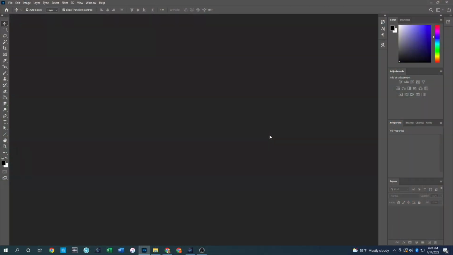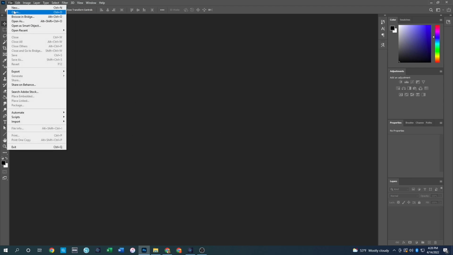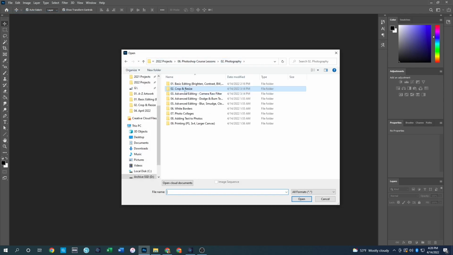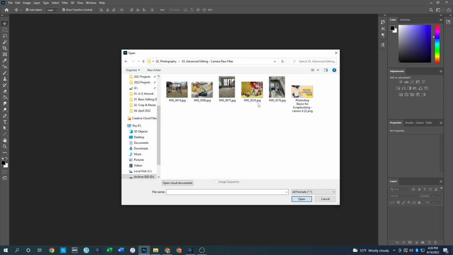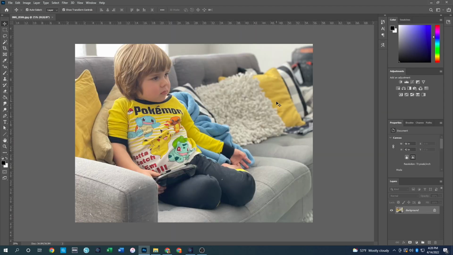All right, friends, we're going to get today started inside of Photoshop Creative Cloud. Now, the first thing I'm going to do here is pull open a photo. So let's go into our lesson for today, and let's work with this photo here of Jonah on the couch. Now, one of the things you might notice right at the beginning is that this photo is a little bit hazy looking. It's a little out of focus. I took this on portrait mode, and it's a really cute picture, but it needs to be sharpened up a